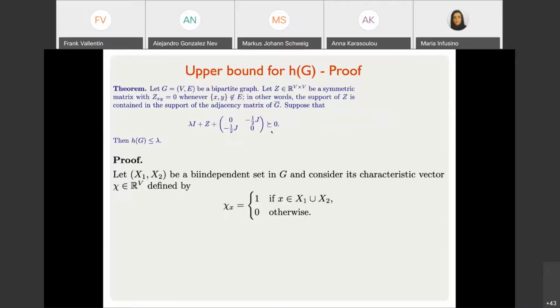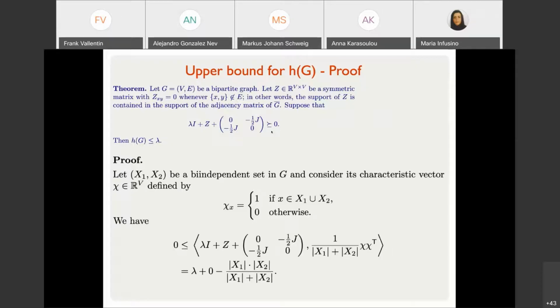Suppose you have a bi-independent set, x1, x2, and then we look at the characteristic vector which you can build out of it. So chi is the characteristic vector, it's 0 or 1, and it's 1 at a position when x lies in either x1 or x2, and 0 otherwise. And then you take this vector chi,